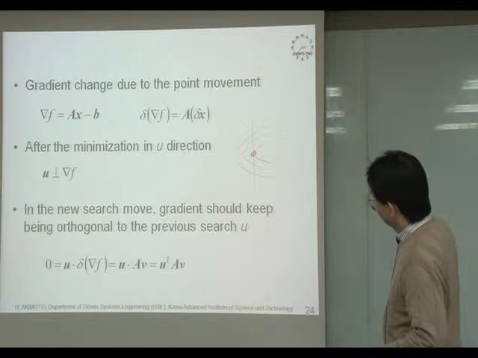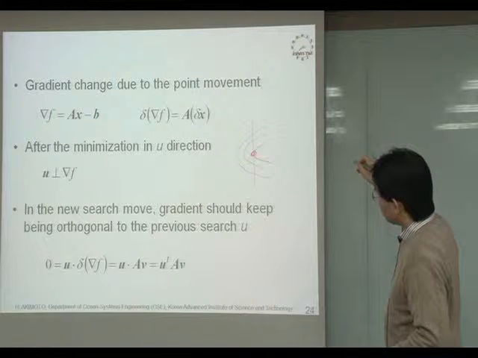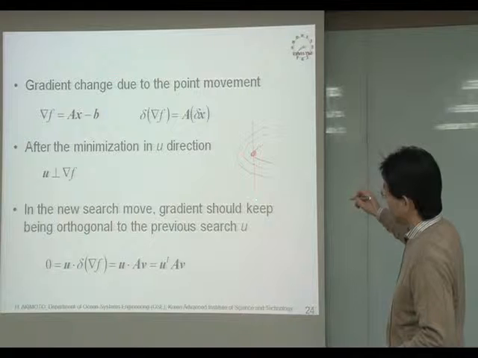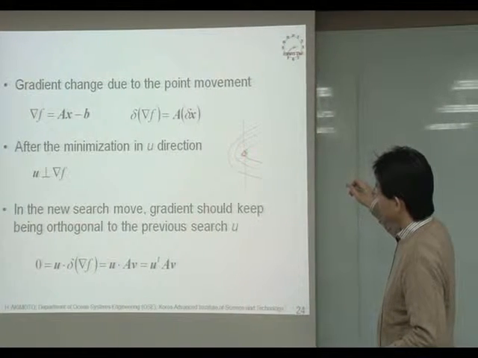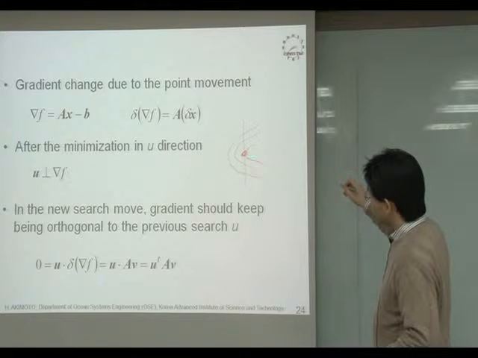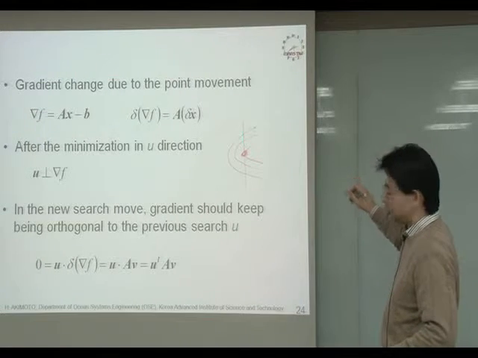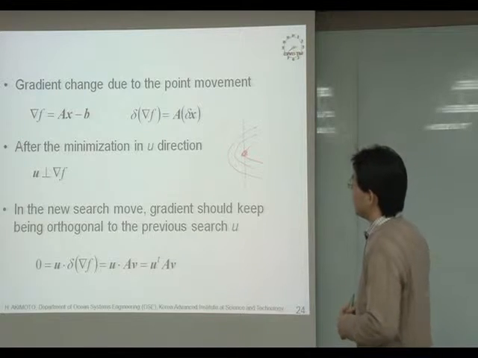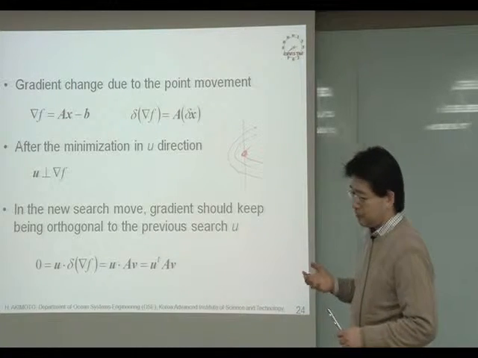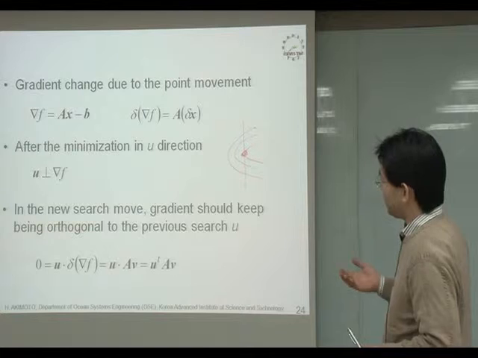This is a hand-drawn profile, and if we try to minimize on this line, it will be here. The condition of minimization is that the gradient at this point is in this direction. The gradient of the function f is orthogonal to the searching line. It is a required condition. To keep the minimized feature of the previous search,